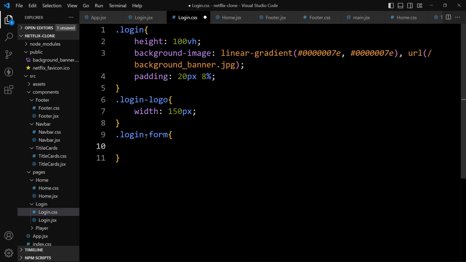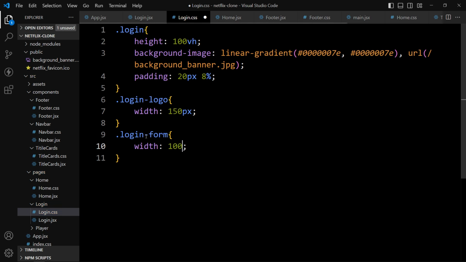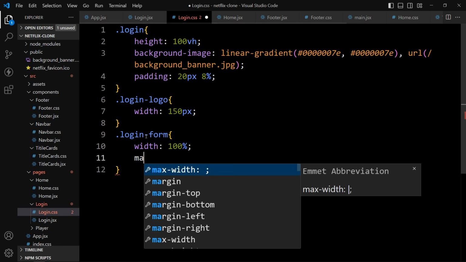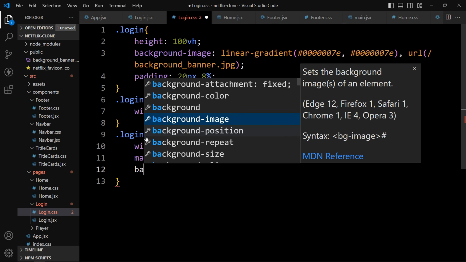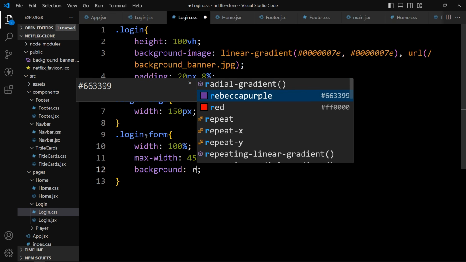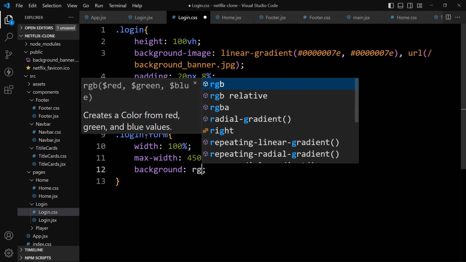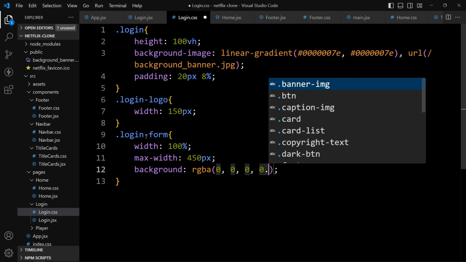For this login form, we will add the width, that will be 100%, and we will add the maximum width, that is 450 pixel. Then we will add the background, and in the background we will add the color RGBA 0, 0, 0 and 0.75.